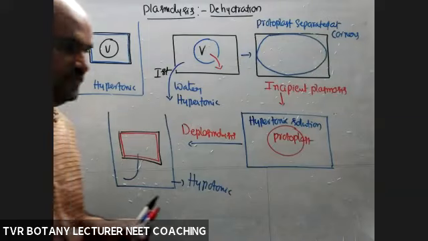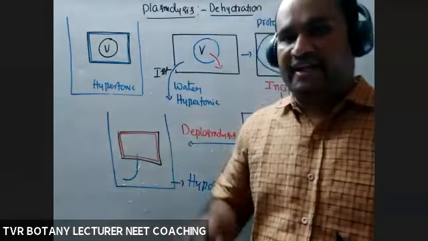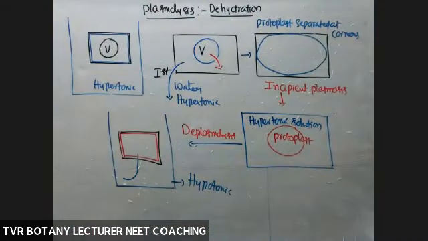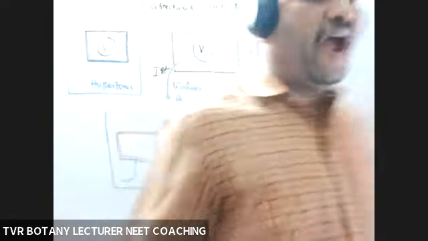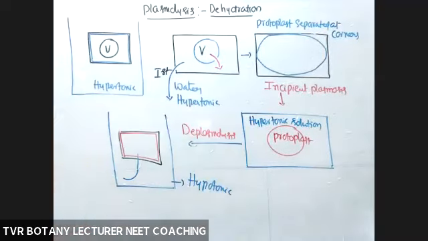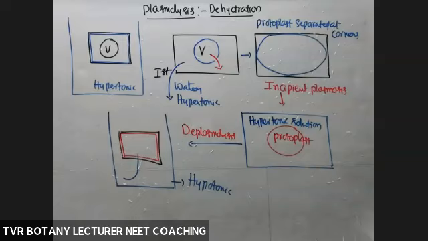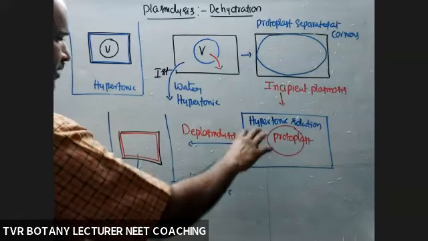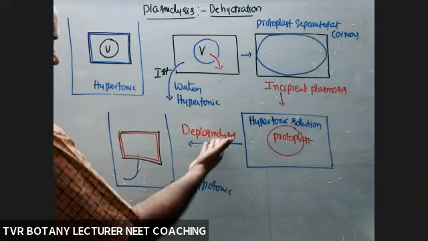That's why mangrove plants are able to get rid of a large amount of sodium by following an anti-porter mechanism. Mangroves are able to survive in salty localities. They're actually halophiles, able to survive in areas where more salts are present. The reason is that they have an anti-porter mechanism. They prevent plasmolysis by expelling a large amount of sodium. So we can remove plasmolysis. That removal of plasmolysis is nothing but deplasmolysis.